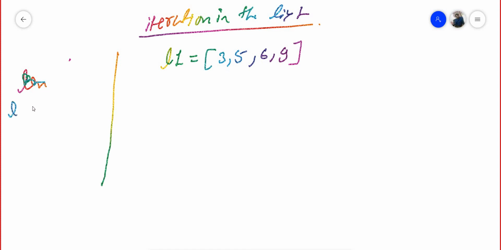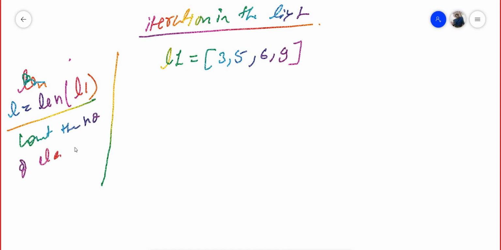Suppose I have written L is equal to len of L1. This will count the number of elements in the list. In list में element count करने का काम करेगा. That means it is called length. The len will be used in many more places that I will tell you later. Here the use of len is to count the length.